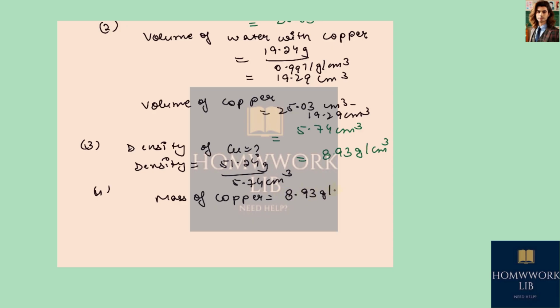So 8.93 gram per centimeter cube into the volume, which is 25.03 centimeter cube. The question is asking that if the flask is completely filled with solid copper. So here we get this mass, which is equal to